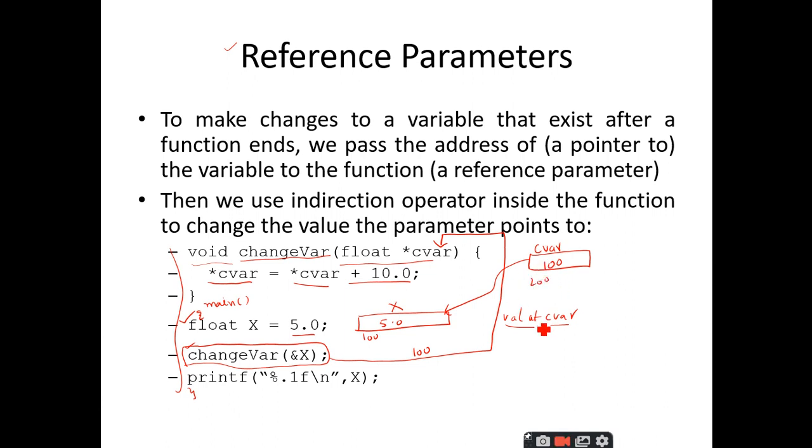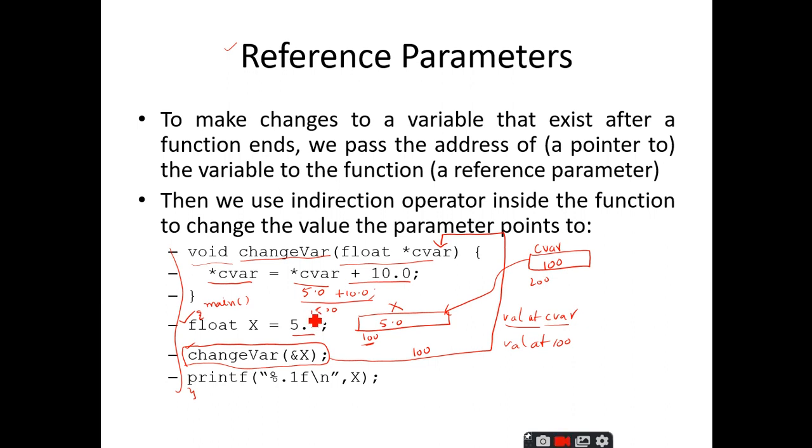So value at cvar means it is equal to value at 100. So what is the value at 100? 5.0. Therefore 5.0 is taken here plus 10.0. What is the result? 15.0. So where am I storing this 15.0?